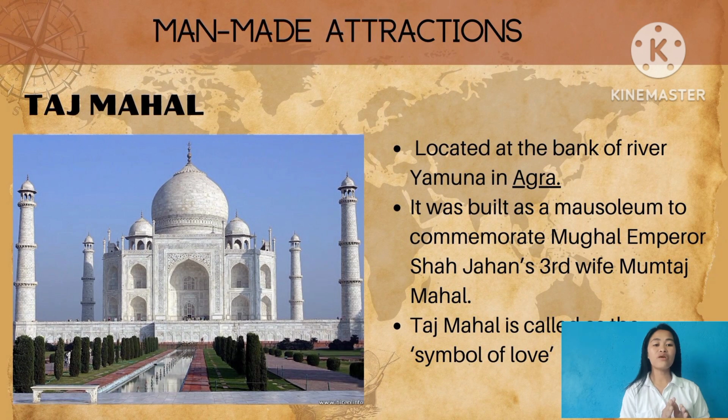Call it a symbol of immense love. The emperor was left so heartbroken that his hair turned gray in grief. That's when he decided to build a memorial in her memory, and the construction began the following year, 1632. It is said that the main building took 8 years to finish. The whole monument wasn't completed until